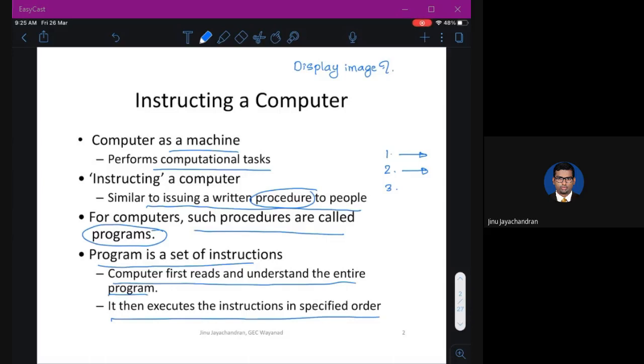Okay. So the thing is, let's say I am giving the instructions to my daughter. Now, in the instructions, I might have made an error. Like saying instead of asking her to put sugar, I might have asked her to put salt. So then the final output will be very wrong. So that error you need to find out. That error you can find out in the case of the computer. The computer can read the instruction first and see if the instruction that you have provided is something that the computer